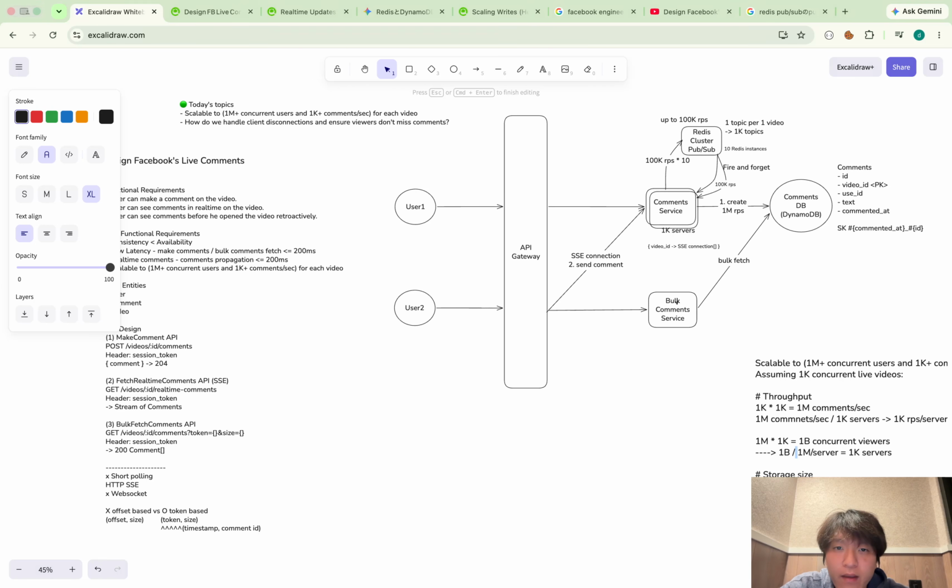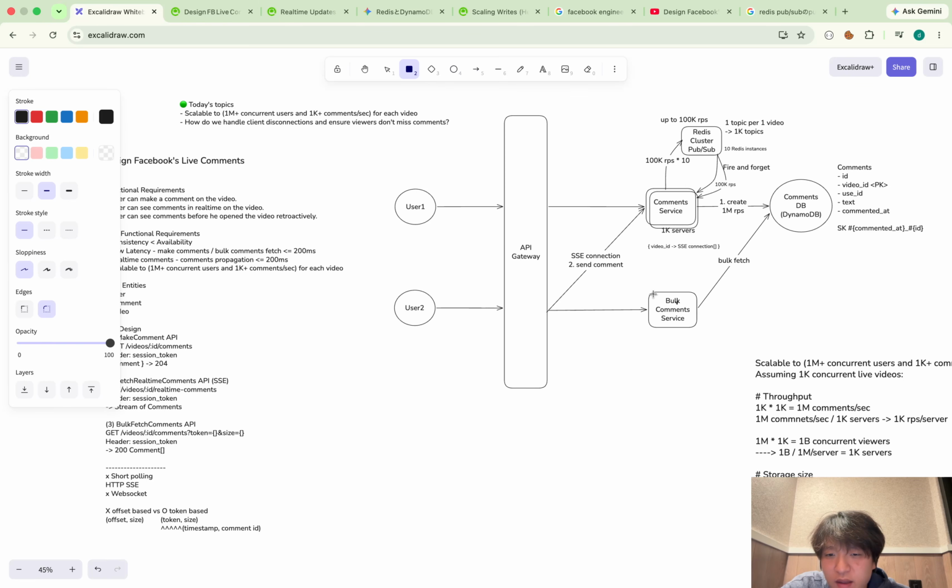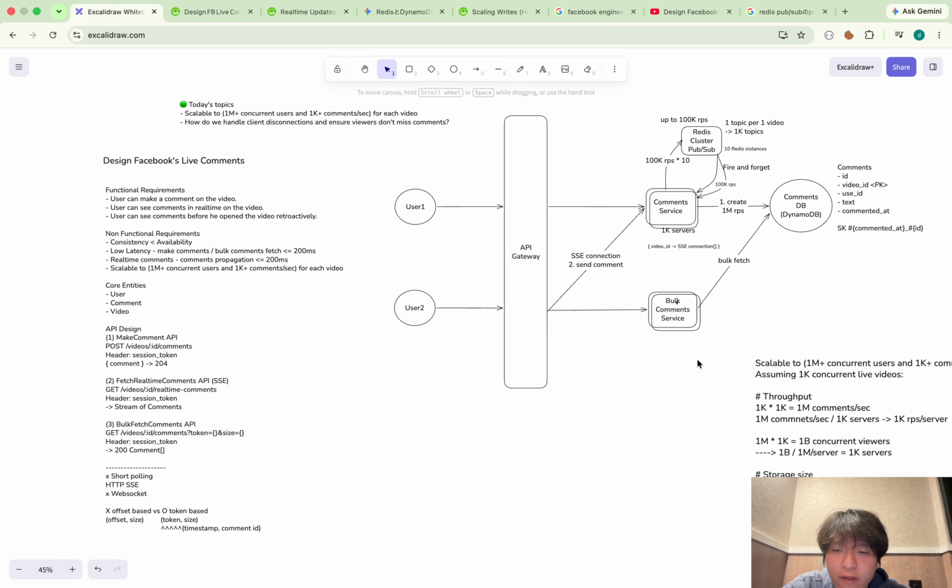But anyway, this bulk fetch comment API is stateless. So for this tower layer, I can do the scaling out. Yeah, horizontal scaling, maybe with like AWS auto scaling, according to the memory or CPU usage.